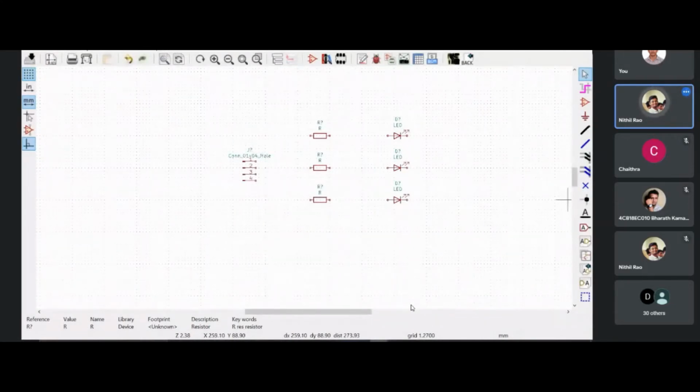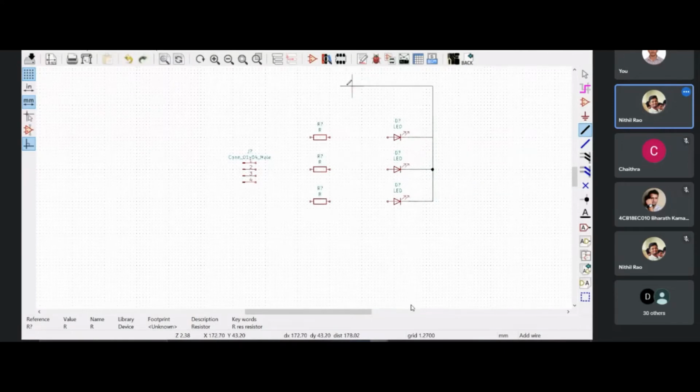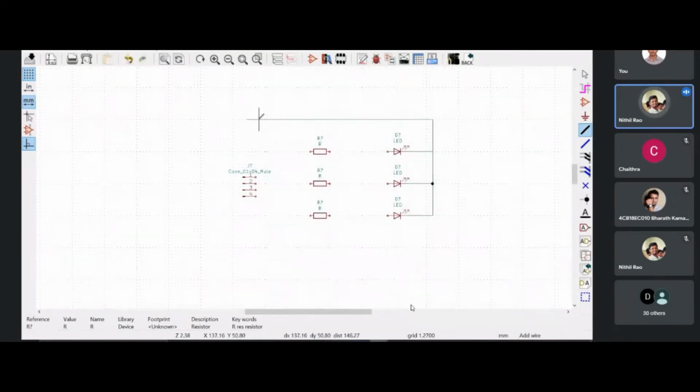So to connect it, you can see over here, there's a green colored line, which is place wire. I have to connect all the cathodes. You know, the LEDs have cathodes and anodes, right? So I'll be shorting all the cathodes first, and then I'll be giving them to pin number one.